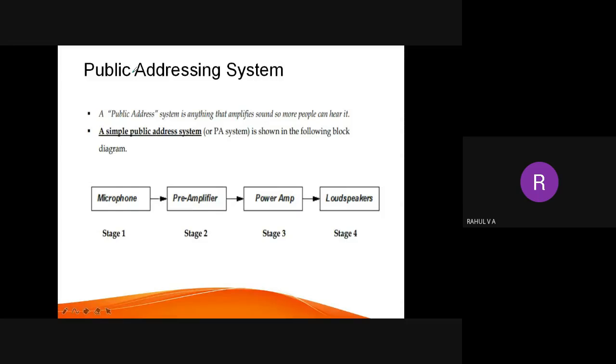Or in a college assembly or a school assembly, the headmaster or teacher used to address students through a public addressing system. Okay, why? Because if you want to address two or three people, it is very easy. So you can go near to them and speak to them or communicate with them. But when you want to address a crowd, maybe more than 50 people, if you speak loudly with your maximum voice, you won't be able to reach those people. So in those cases, we have to use a mic and amplifier arrangement. This arrangement is called a public addressing system.